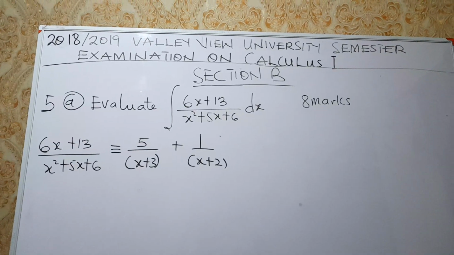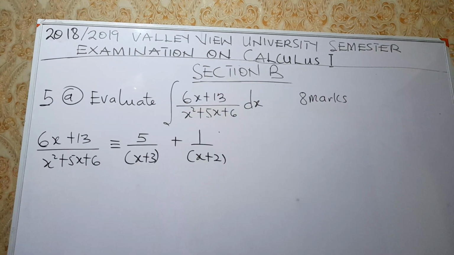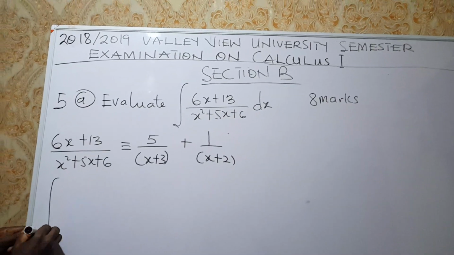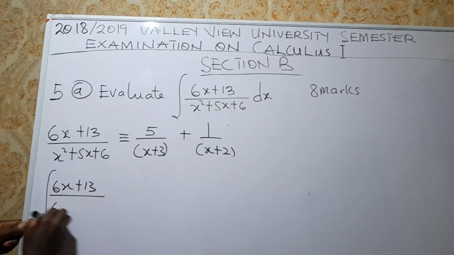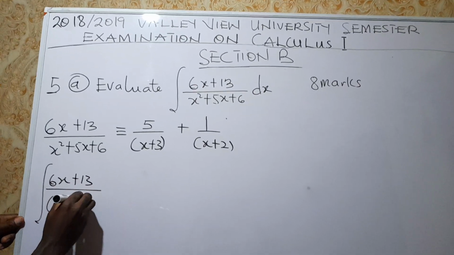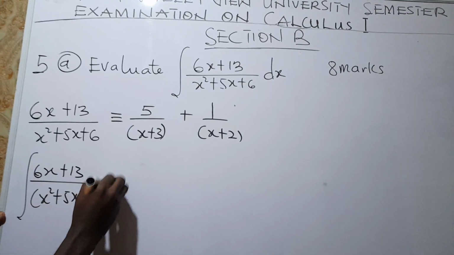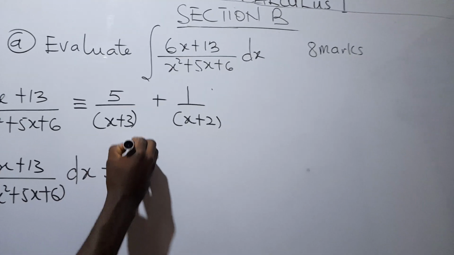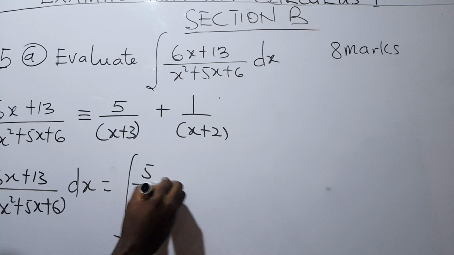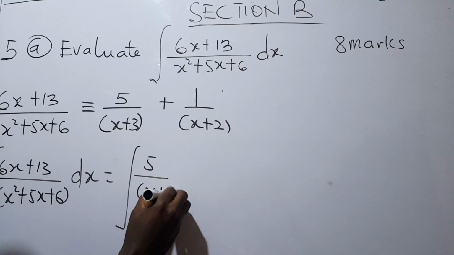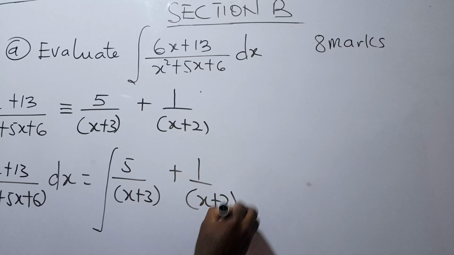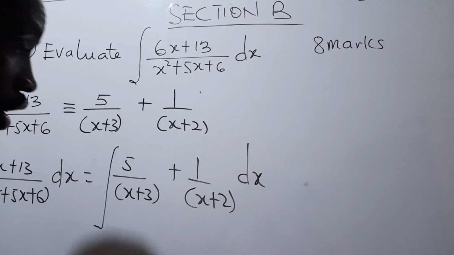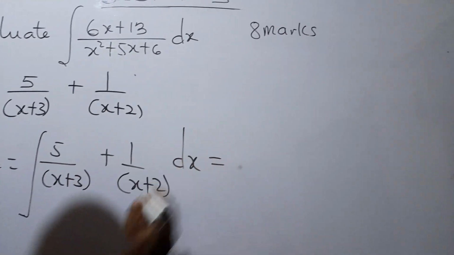So after resolving to partial fraction, we substitute it back. So we can say that our integral of 6x plus 13 all over x squared plus 5x plus 6 dx will be equal to the integral of 5 over x plus 3 plus 1 over x plus 2 dx, which we can further write as